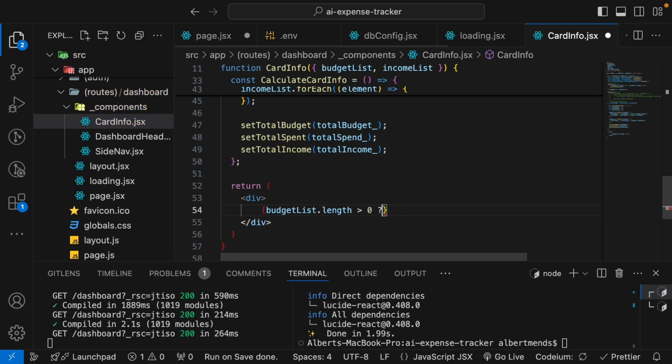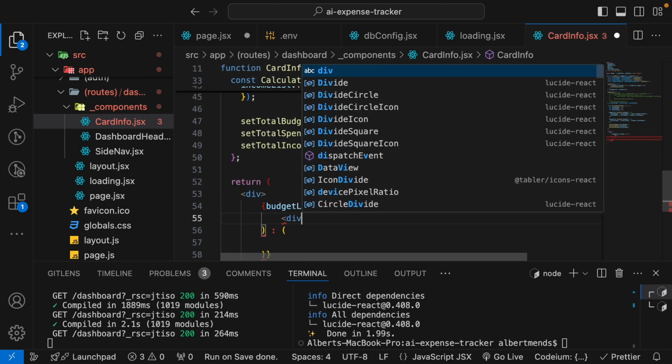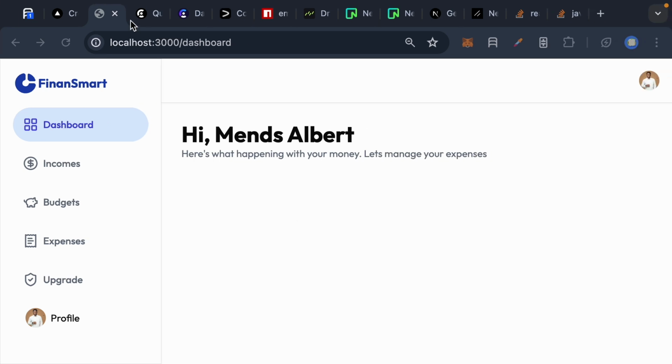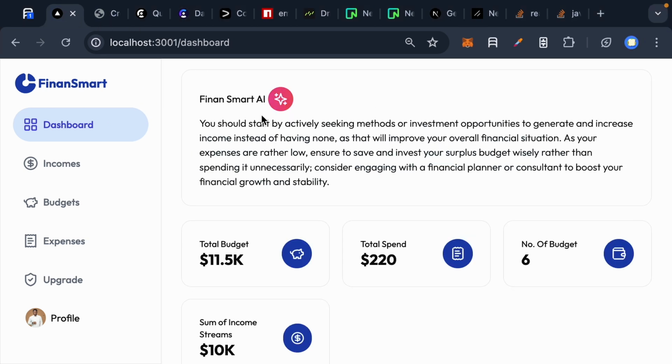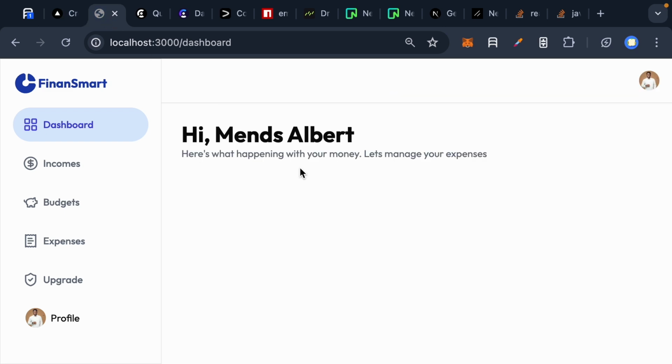If the budget list length is greater than 0, this is what we want to do. We want to render the AI advice, which is this particular box here. So we create a div,